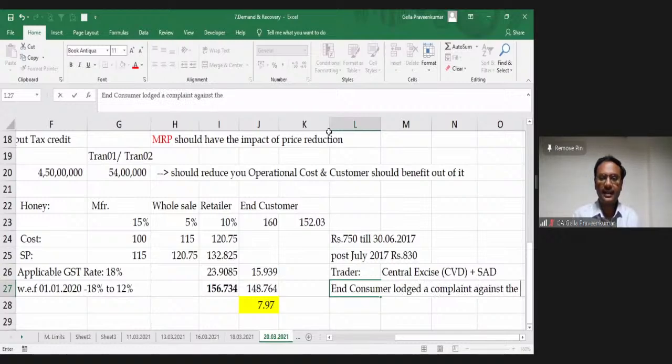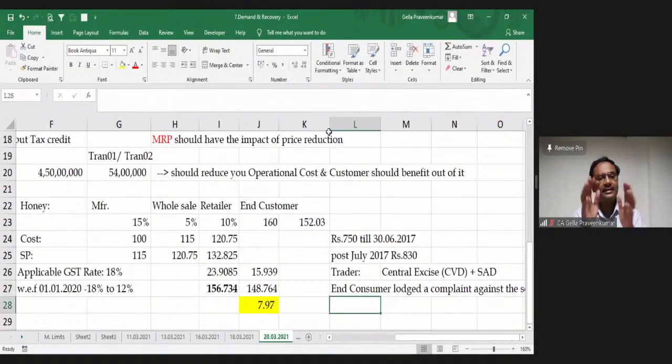against the seller. This is a mechanism called anti-profiteering, where government said, look, when you have been directed to reduce the rate of tax, you should ensure that the benefit of that taxation is passed on to the end consumer rather than you enjoying it. So friends, there are two occasions where my section 171 will be called for.